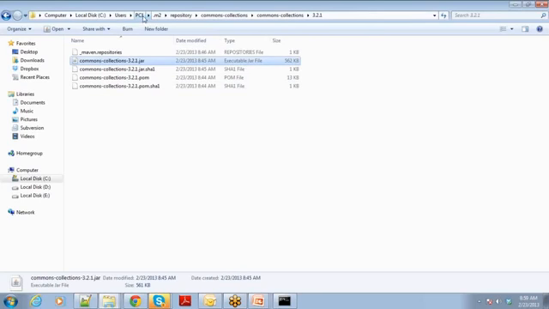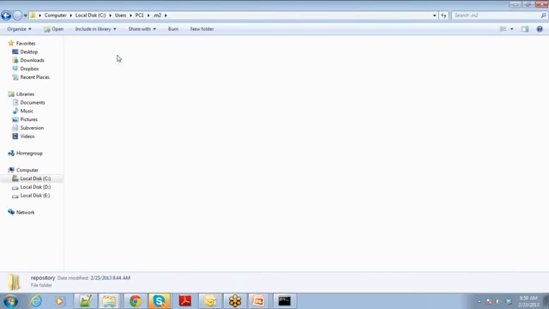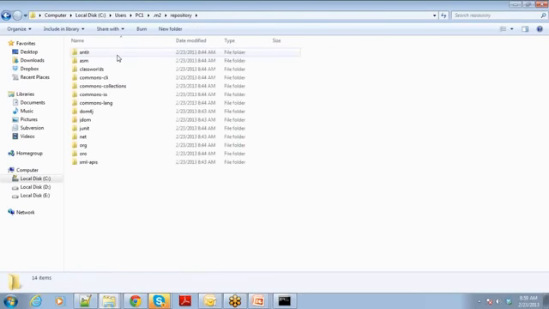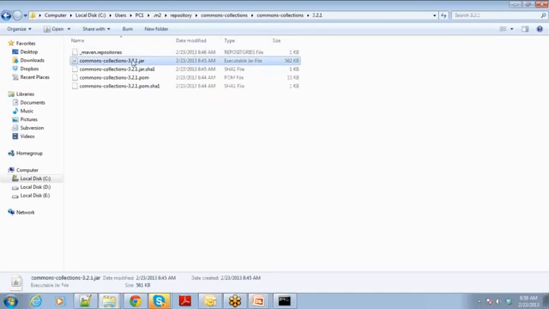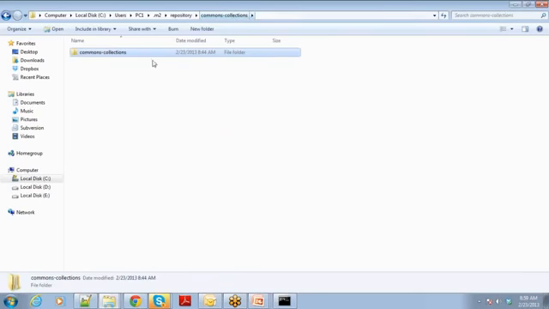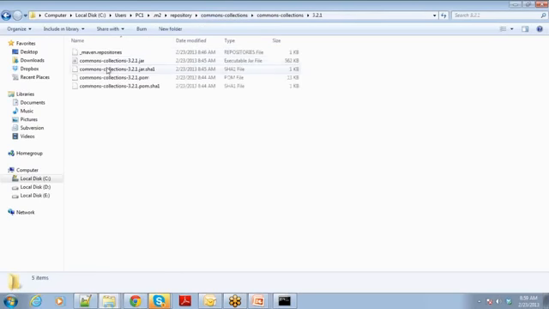For all of you, if you have run the archetype command, you would find that there is a .m2 folder created in your system, and in the .m2 folder you have all the dependencies placed in an organized manner. Name of the artifact is commons-collections. In that artifact ID, version and actual jar. Group ID, artifact ID, version and your actual jar. This is the structure you associate with any artifact in Maven.